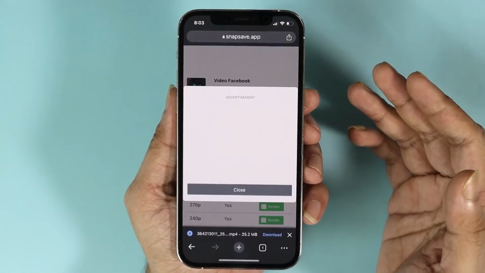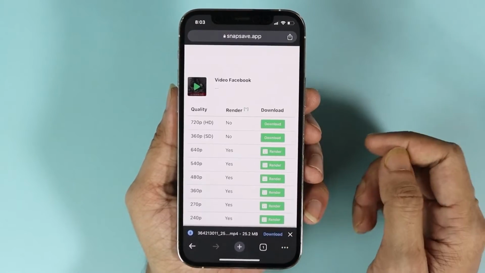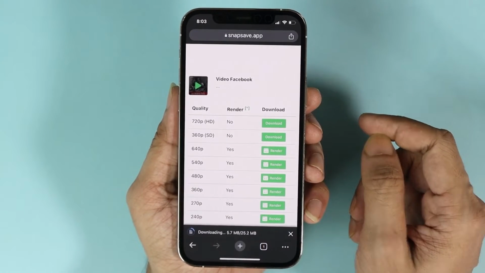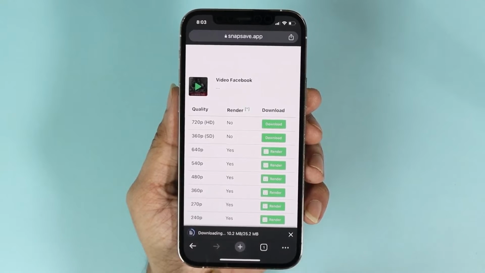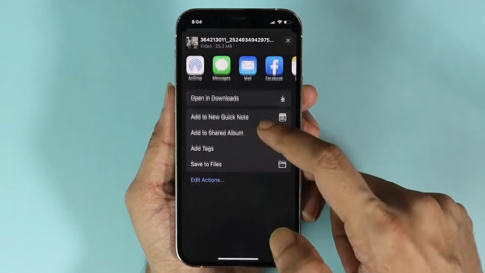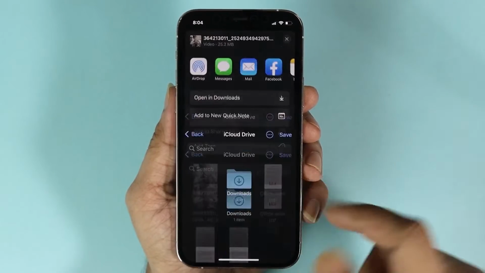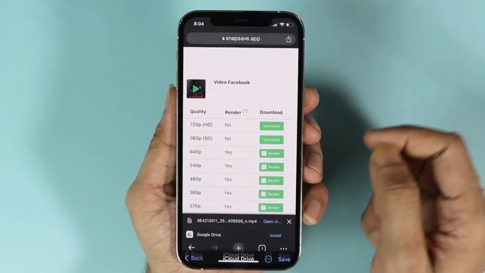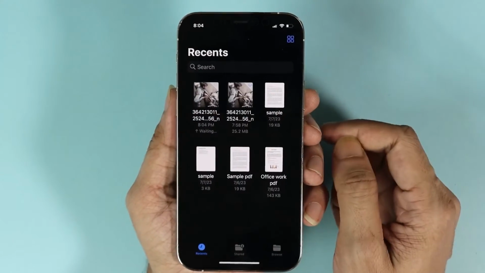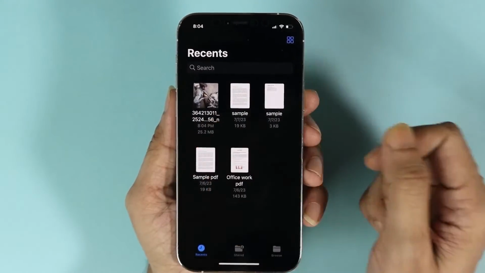Now if you see any advertisement you can just tap on close, and in here you can see our download, so I'll tap on download again. Now as you can see it is downloading. Now once the download is complete you can just tap on it, and from here tap on save to files and tap on save. And now if we open our files app, you can see that here is our downloaded